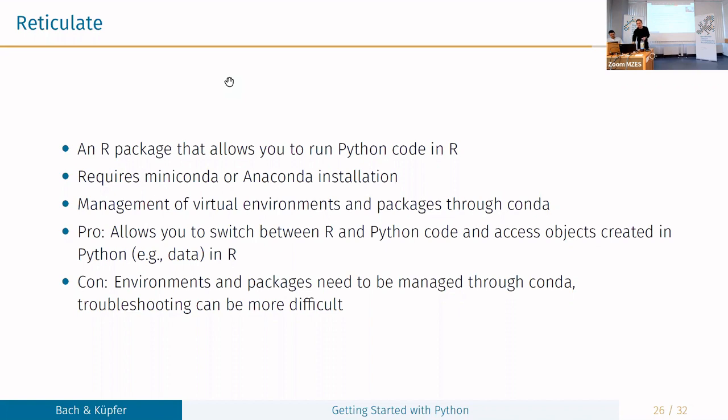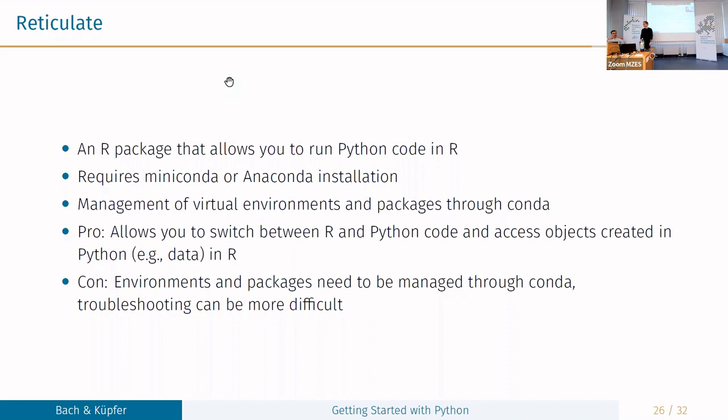Okay, so Reticulate allows you to have Python code in R. By the way, another thing that you could do is, if you have an R Markdown document, you can have Python code cells. When you have a new code block in your R Markdown document, you have the triple backticks and then R, and you could also have triple backticks and then Python, and then you can just run plain Python code.